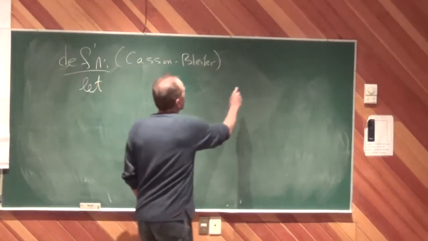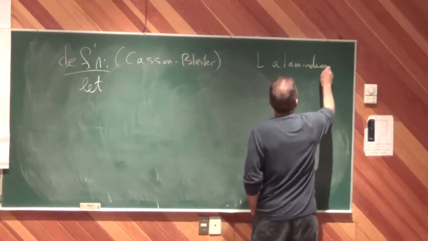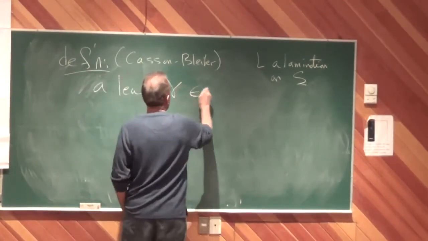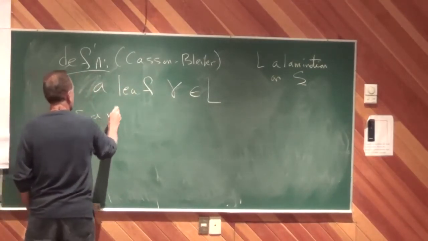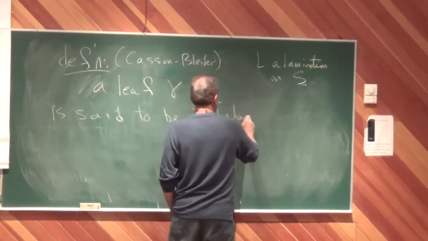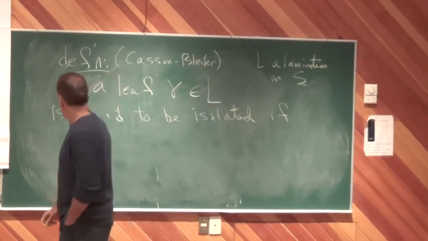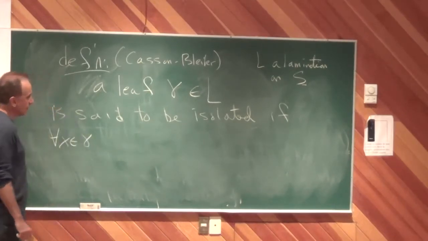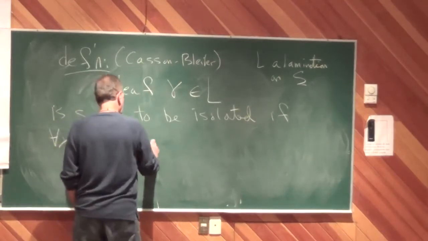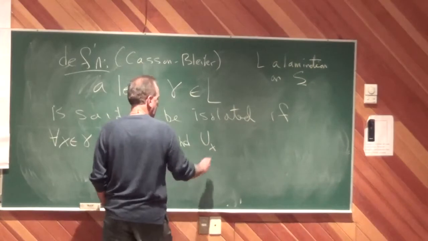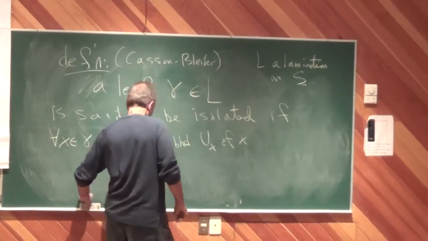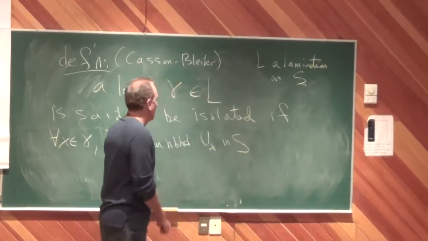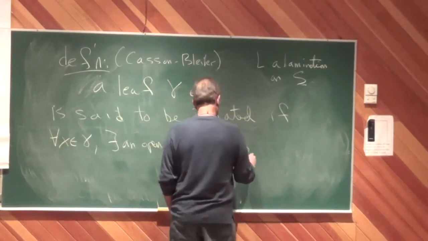Okay, so L is a lamination on S. A leaf gamma is said to be isolated if for any point x on the leaf gamma, there exists an open neighborhood U sub x of x in the surface S, so that